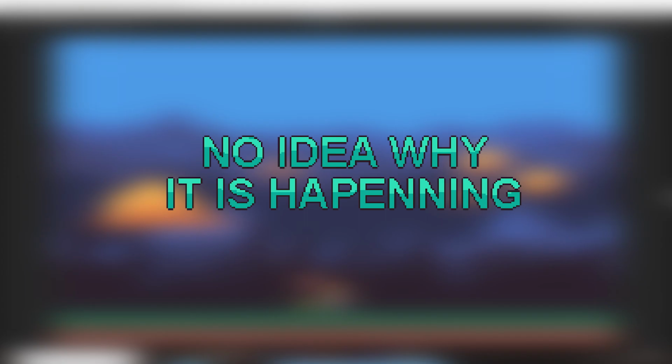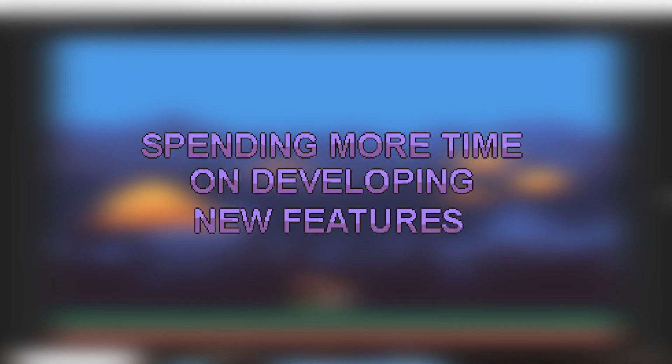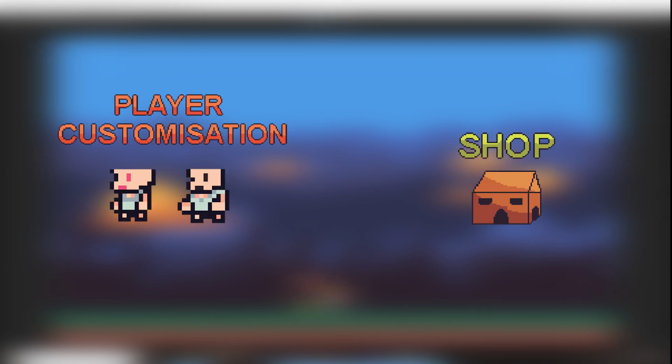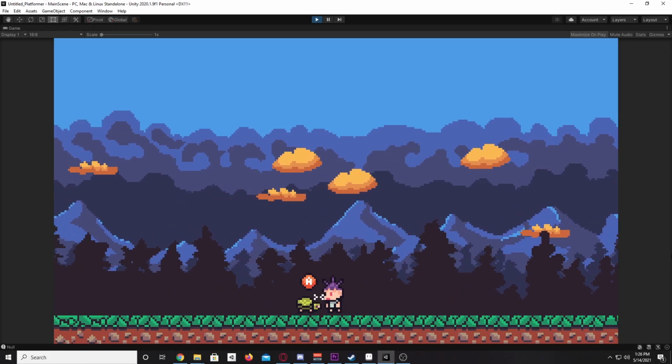inside of Unity. As I'm not doing any multiplayer or online features for the near future, I can focus more on different features and different things that I can implement into the game. I was thinking to do some kind of a player customization menu, or possibly a shop menu or an inventory menu. As for the next devlog, I will try to create more textures and maybe create and implement the player